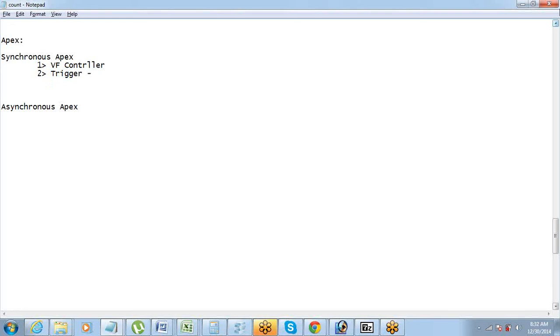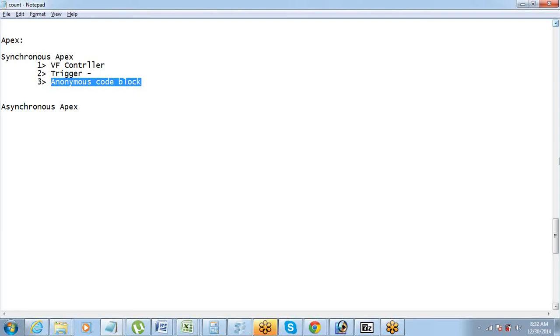There are a few other asynchronous effects also. Okay. Apart from these two, there is one more synchronous effects method, which is anonymous code block. Anonymous code block is where you can simply write a small code block and you can execute that code, and you don't have to do anything. You don't have to put it inside a method and a trigger or a controller, nothing. Sometimes it happens, right? You just want to put a small two-liner code and just want to execute it. You don't want to put it in a trigger or a class or page, nothing, right?